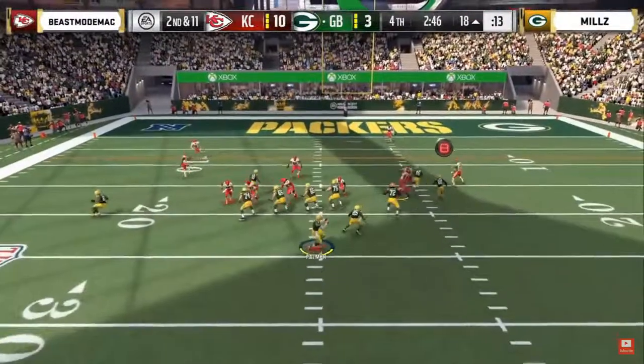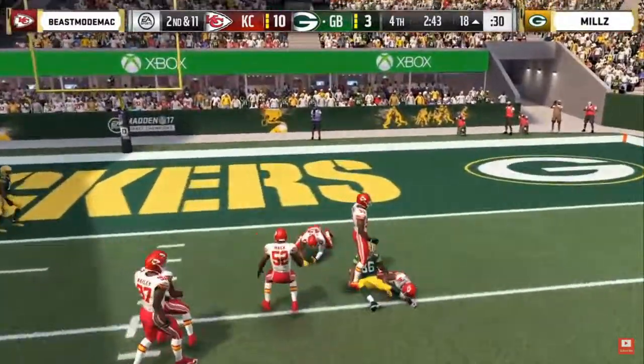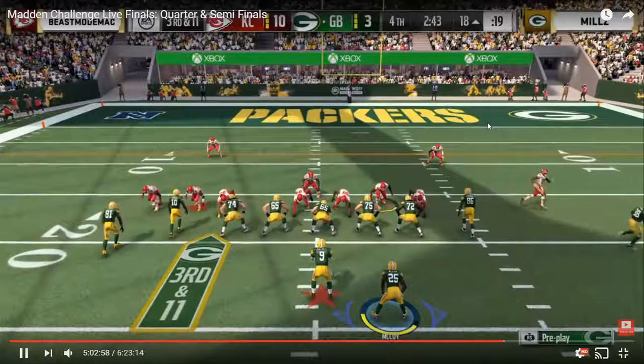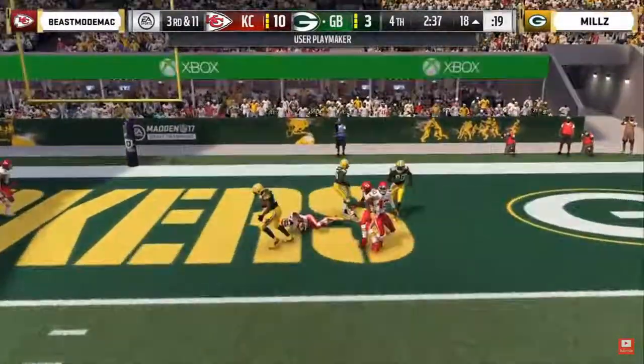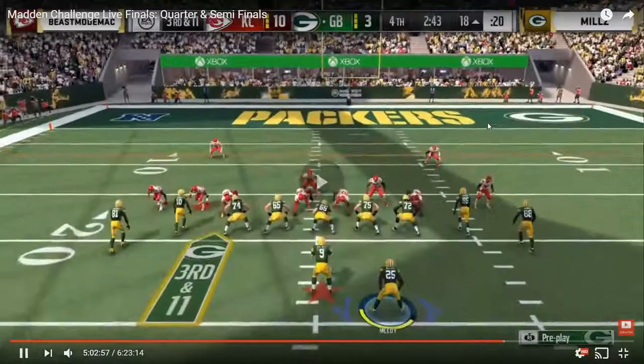So Millz running Z spot right here and tries to throw a seam, high point seam into traffic, and just doesn't come down with it. So 3rd and 11, big play here. Millz goes playmaker, oh lord. Oh, he caught it, okay. All right, so right here,